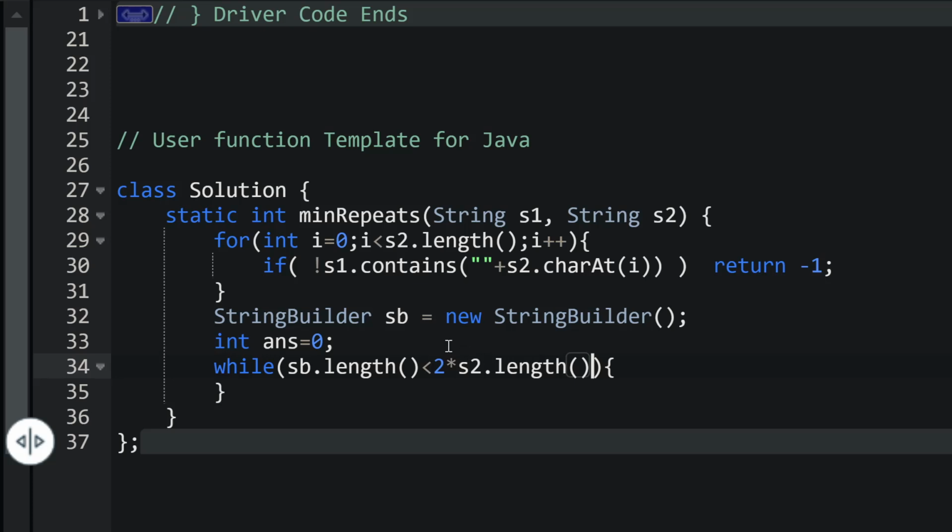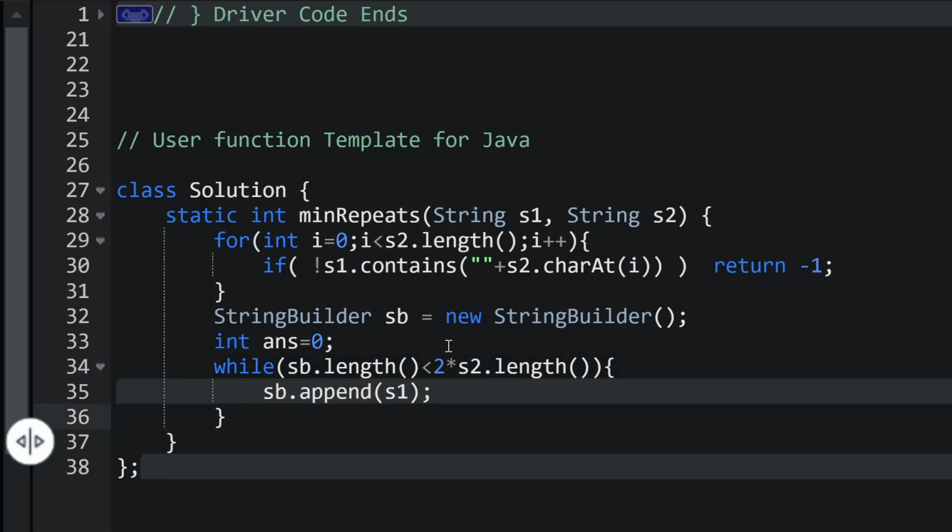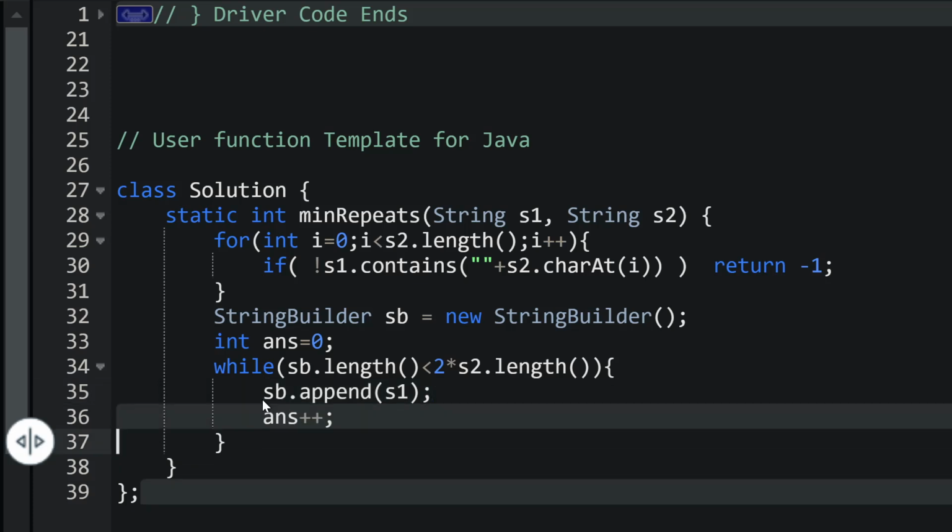Then our first thing is to append s1, the input that we got. First we consider this and add it into the current string. After adding this, we also need to increment our answer.